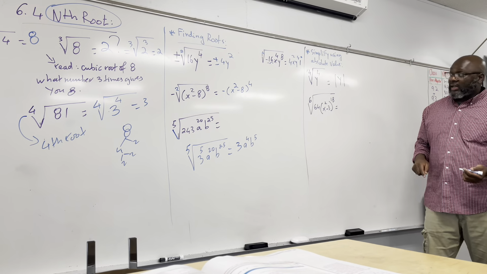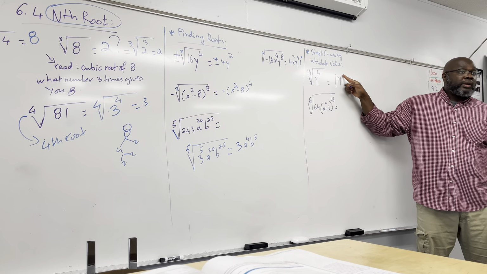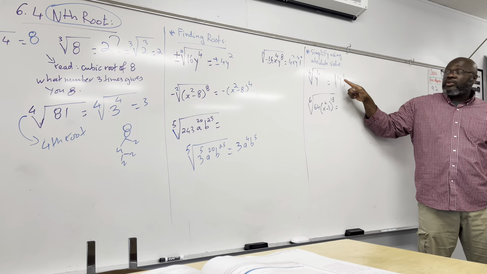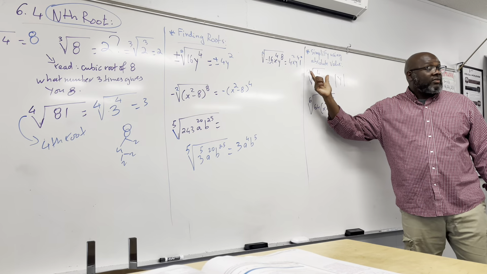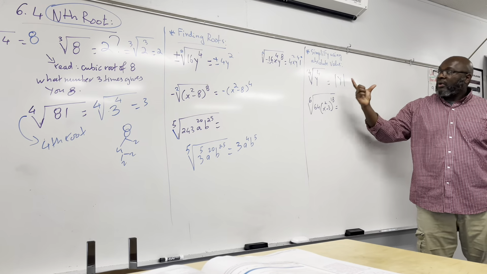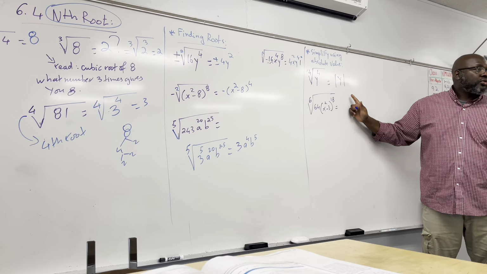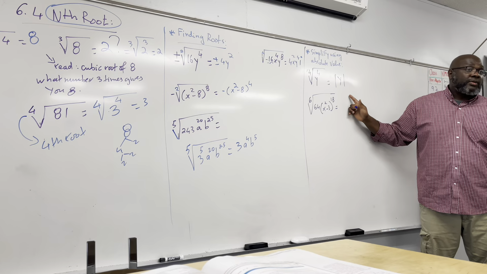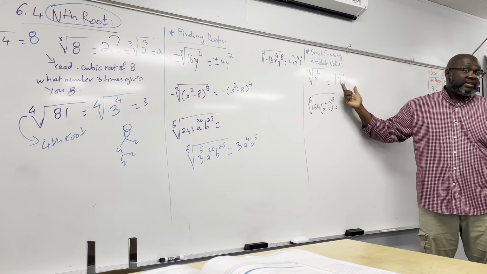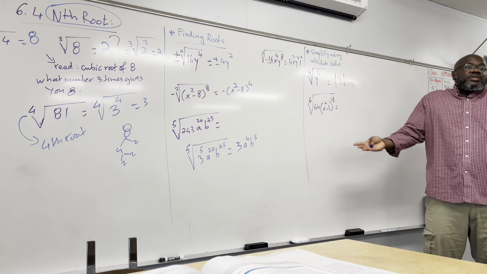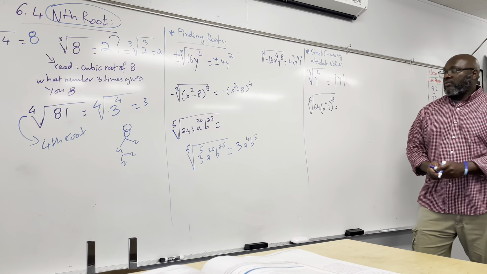And let me explain why I'm saying it. The exponent of y here is what? 1. 1 is odd. Because it's an odd number, you can have a negative. So anytime you have an even radical, and you take the root of it, and you get a number with an odd exponent, you want to make sure you use your absolute value to avoid any danger of possibly saying that this number is negative. Does that make sense? Can you just use absolute value for all of it? You can use absolute value for all of them, but you don't have to. When you have this, use absolute value, right? For example, here,